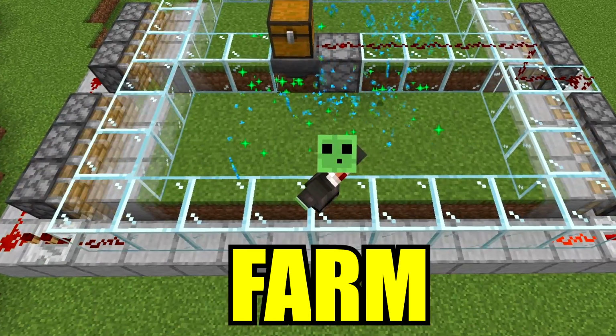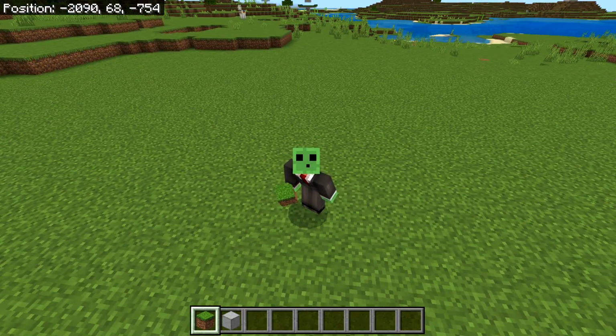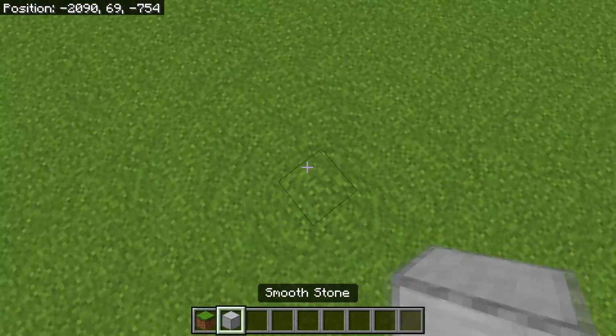How to build an easy flower farm in Minecraft. These are the resources you will need for this flower farm. Okay, so the first step to this flower or dye farm is to place yourself out 2 temporary blocks going